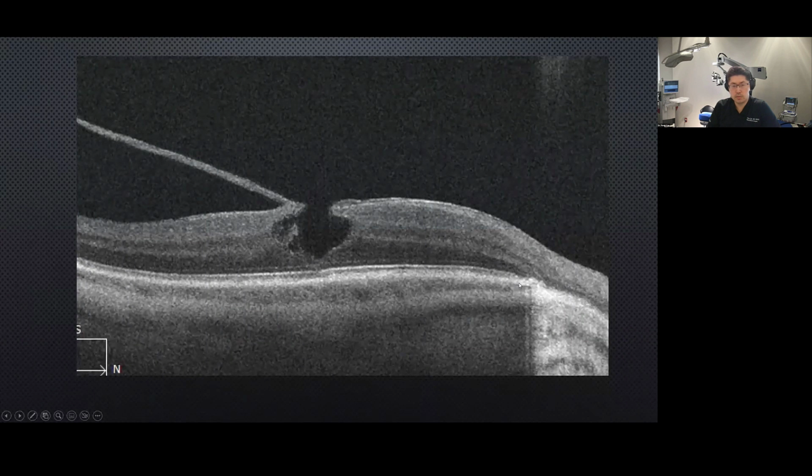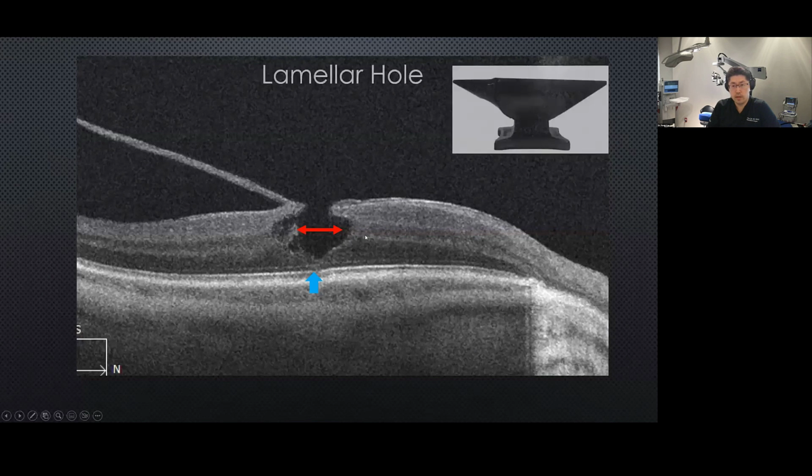What about this particular case? It also looks like a pseudohole, doesn't it? But what's different is that the edge of this depression seems to be chipped, almost like someone took a bite into it, and the outer retina is intact. So therefore, this is not a full-thickness macular hole, it's a partial-thickness macular hole. The shape of this chipped region, intraretinally, is the shape of an anvil. And therefore, this is what we call a